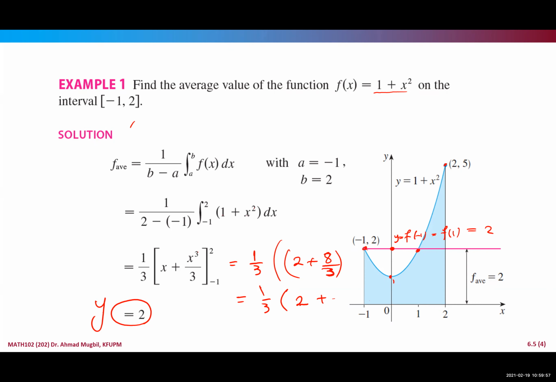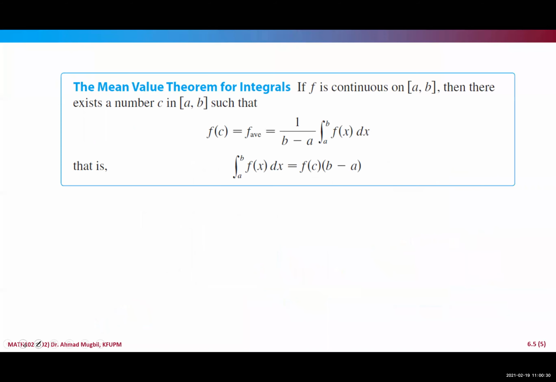So it is 2. The average value, it was starting from 2 up to where? Up to 5. And we found that the average value is 2. I will explain this in the next slide by using the mean value theorem. So I will repeat that the average value of the function is the value that gives you the average of the values that are varying from 2 to 1, from 1 to 5. We did find that most of the values can be averaged to 2.